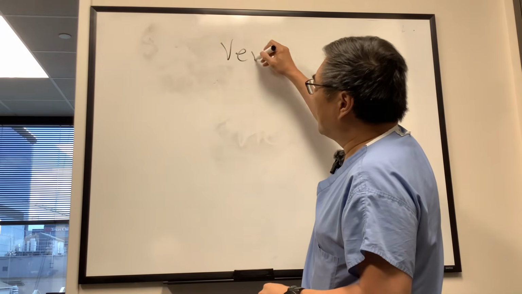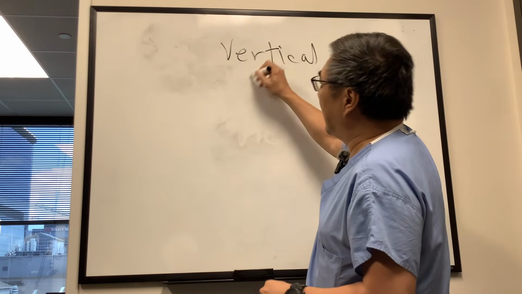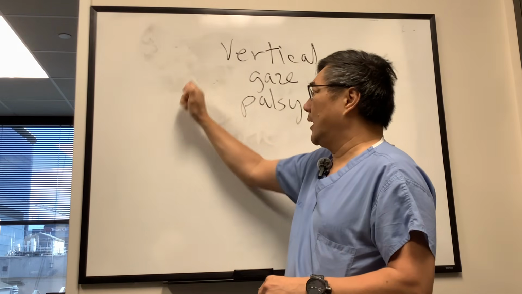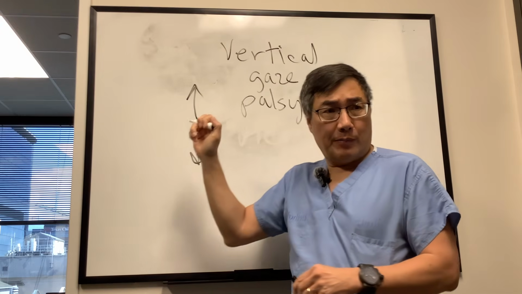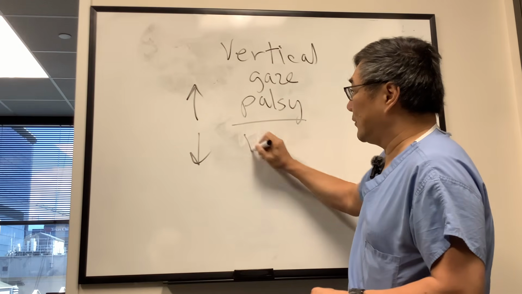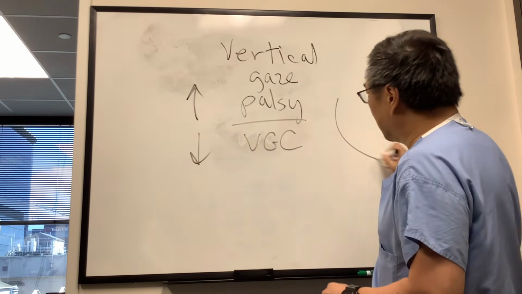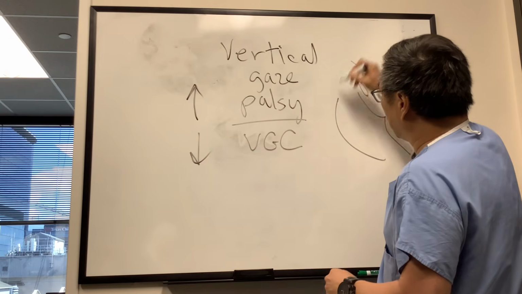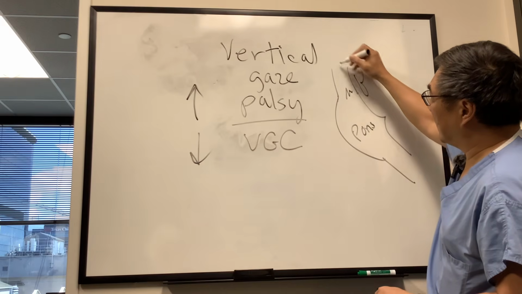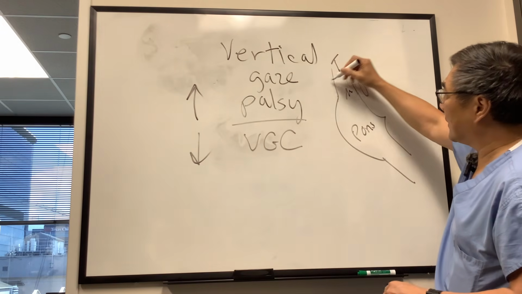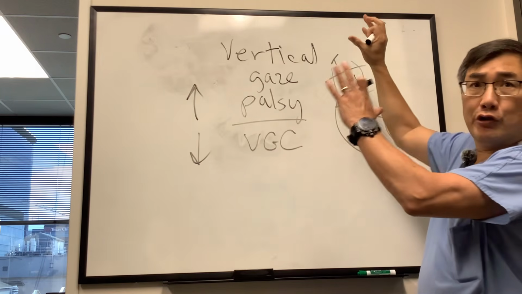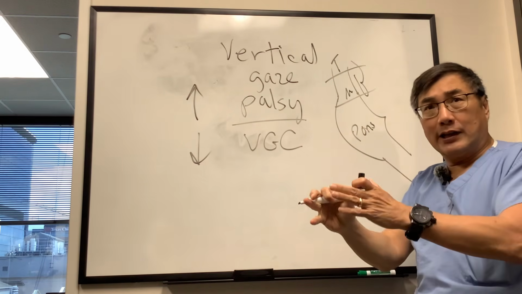So you need to know about vertical gaze palsies and how a vertical gaze palsy can occur for either up gaze, looking up, or for down gaze, or for both. And that occurs at the level of the vertical gaze center. The vertical gaze center lives in the junction between the mesencephalon, this is the pons, this is the midbrain, and the thalamus. So at the thalamic mesencephalic junction is the connection between the supranuclear input and the nuclear input to